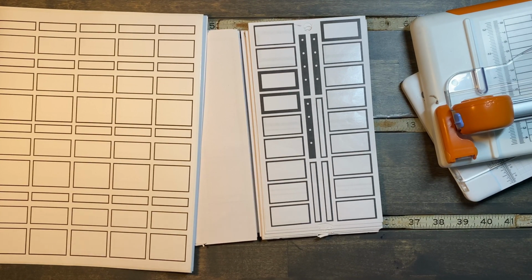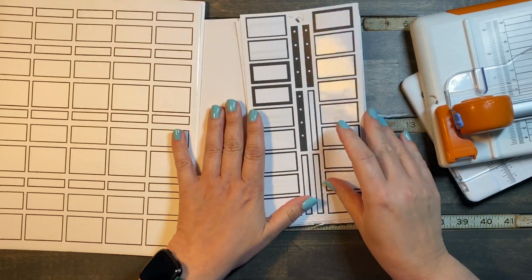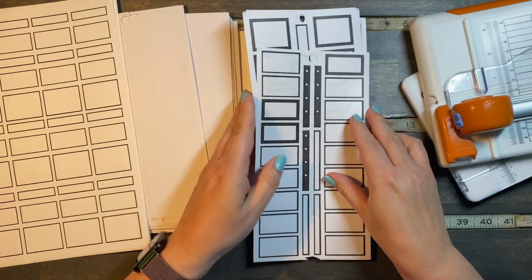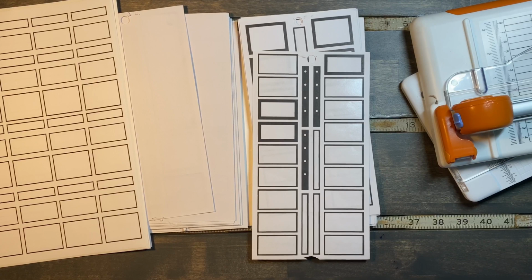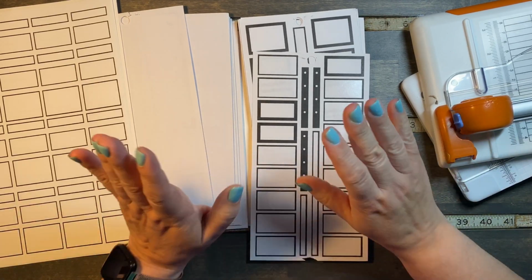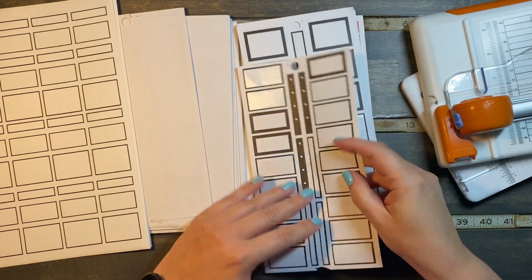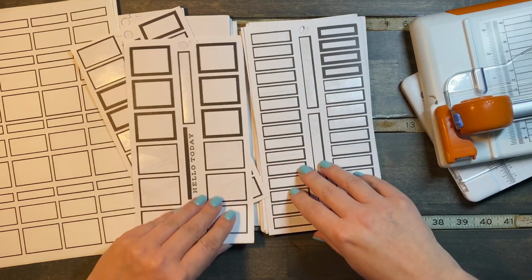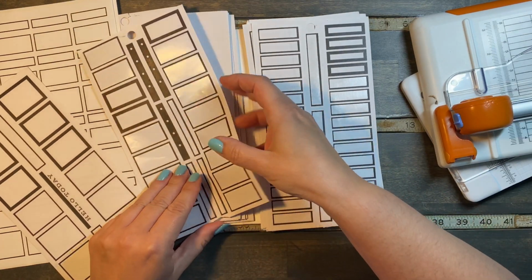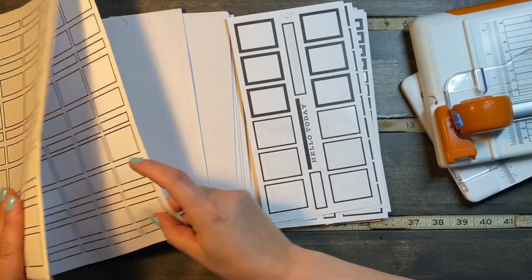Good morning, it's Christine from Periwinkle Planner Co., and today we are going to be making our own colorful boxes. So what I'm talking about, they're normally in a regular old sticker book like this, but I took mine apart. Don't know why, don't do it. But anyway, I decided that I wanted to make my own colorful boxes because, as you can see, mine are almost gone. So we are going to make them